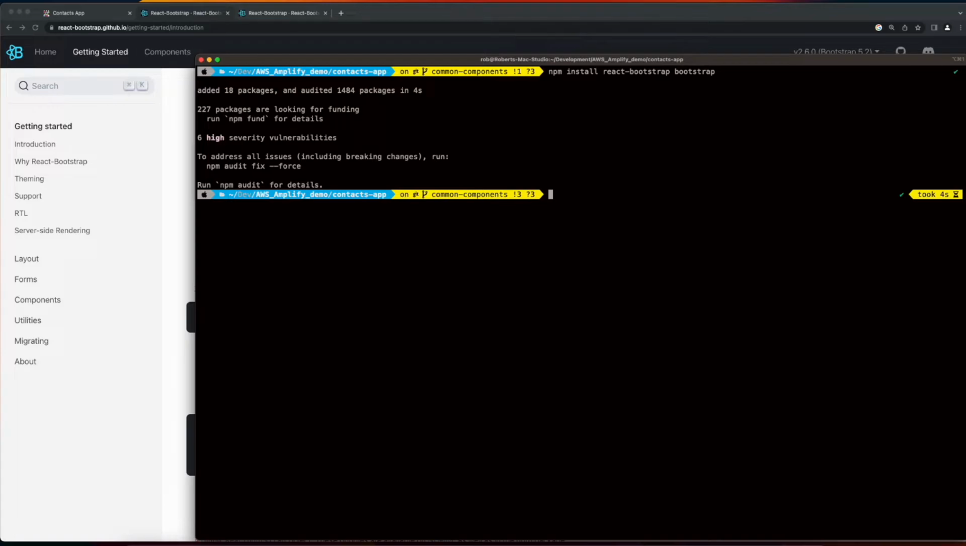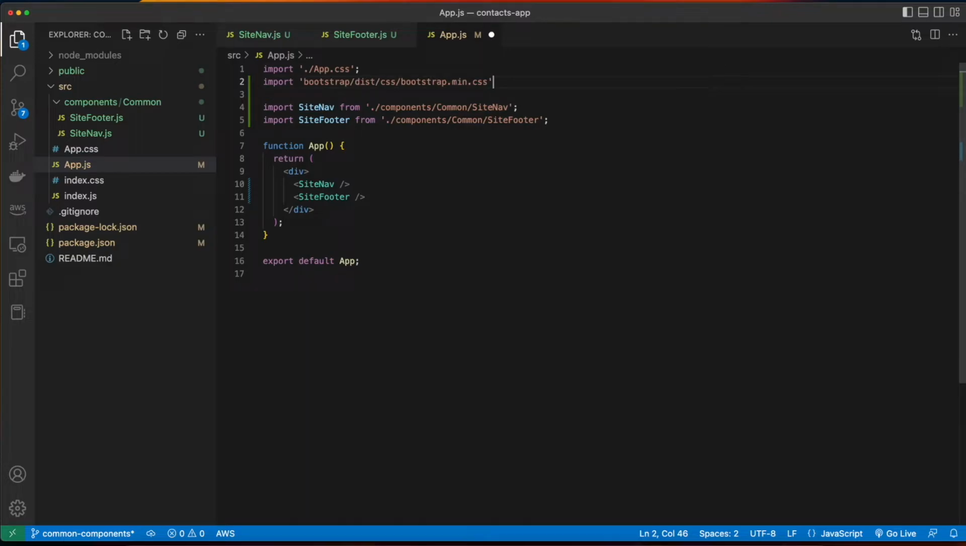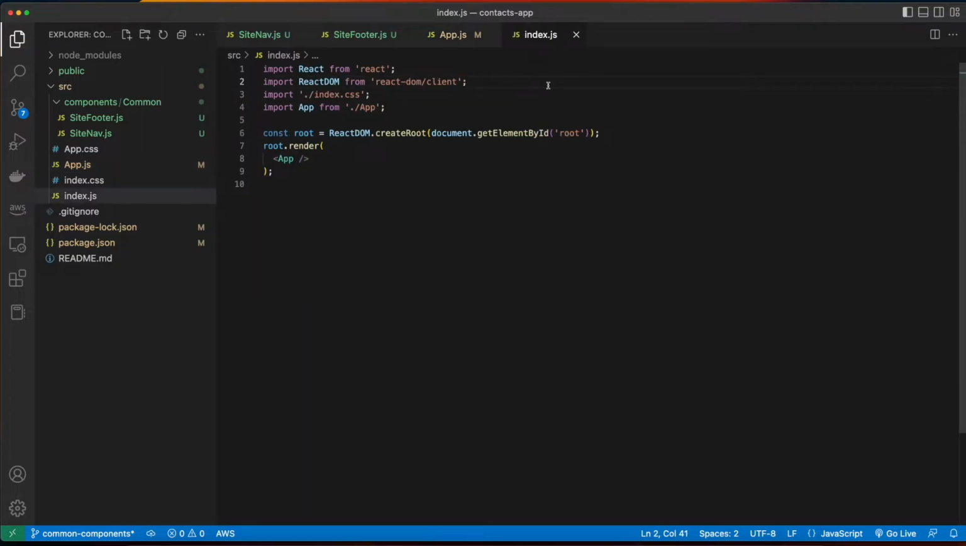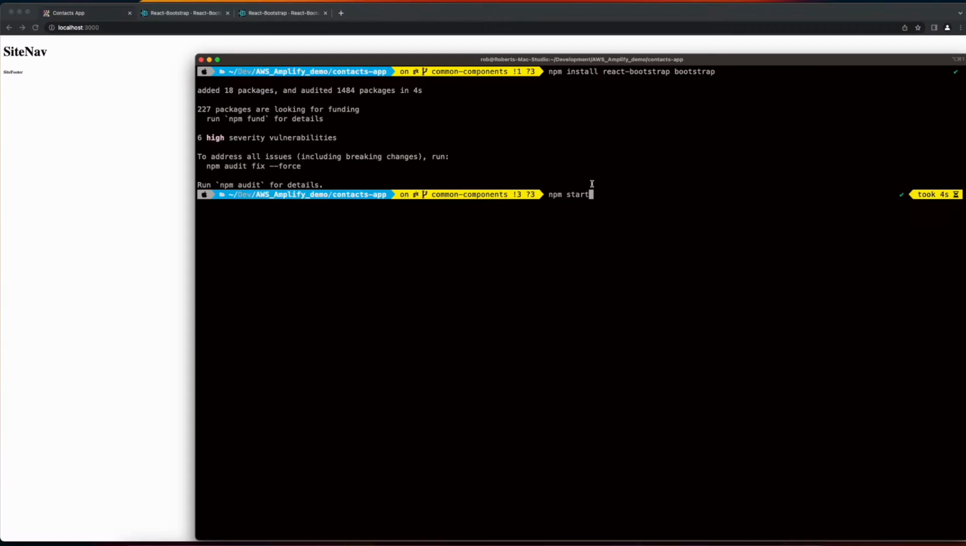Now I need to jump over to VS Code and make some changes to the app.js and index.js files to utilize the React Bootstrap components. In the app.js file, I'll add an import for the Bootstrap min CSS, and in the index.js file, I'll do the same. Now I'll restart the application,